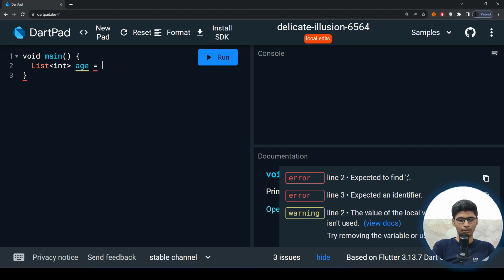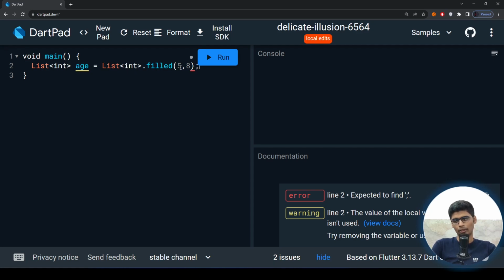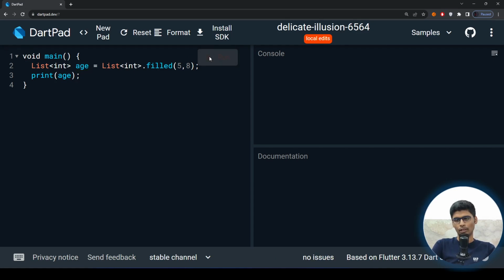And in order to create a fixed length list, first you need to write List, okay, int, and then dot filled, which for example we can add a number, for example 5, or even 8. And if I print this list in the console, you will see that it shows 8 repeated 5 times. Okay, so we create the item 8 5 times in the list,